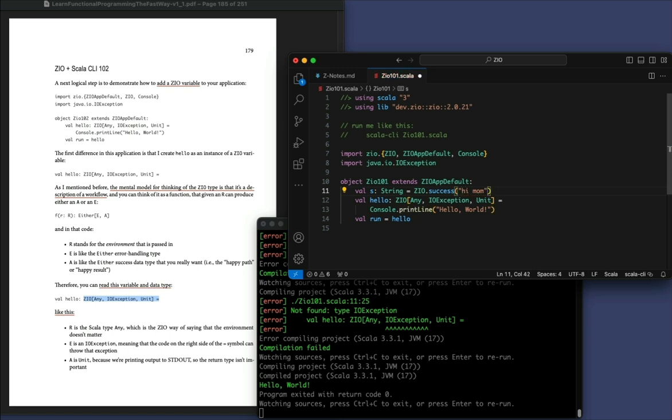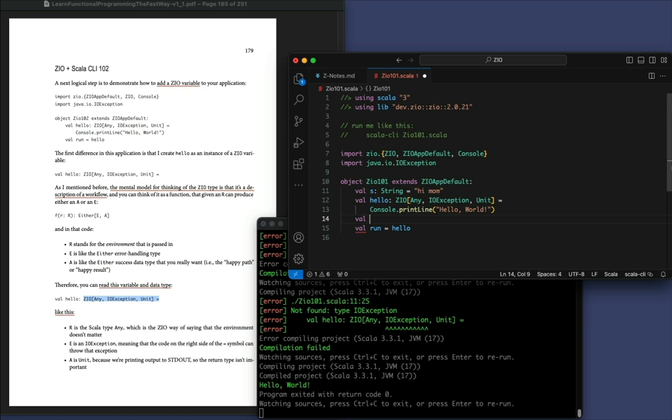And you don't want to do that. The only thing you really want to wrap inside of ZIOs are your effects. So interacting with the outside world is an effect because it's a side effect. It's dealing with the outside world. So something like this you do want to implement with a ZIO, and that's exactly what they've done for us inside this console object. But if we were going to write our own